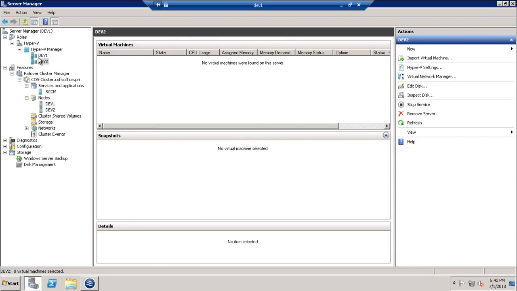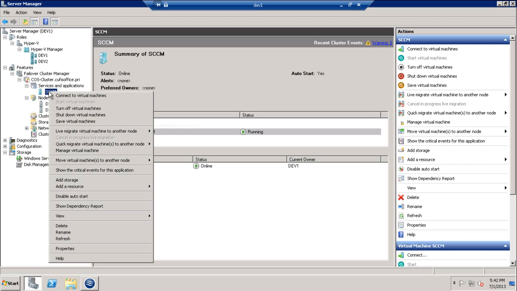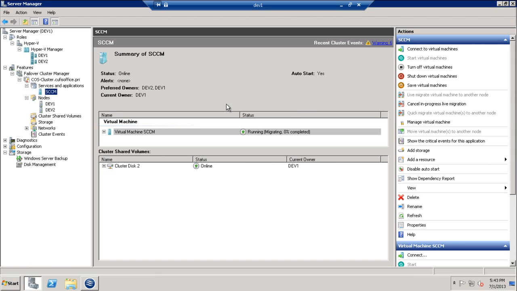Now that we've created this cluster, one of the other neat features that we have, because if you're anything like me, you're going to have multiple virtual machines running. We need to improve performance or whatever it may be. We'll go ahead and use the live migration feature and live migrate it over to one of the other nodes within the host. That process takes about 15 minutes or so, sometimes a little bit faster depending on your architecture. And the application stays live the entire time. The end users never see any downtime. And it's not an auto restart. It actually comes back up on the other Hyper-V host, fully running in the same state that it was in